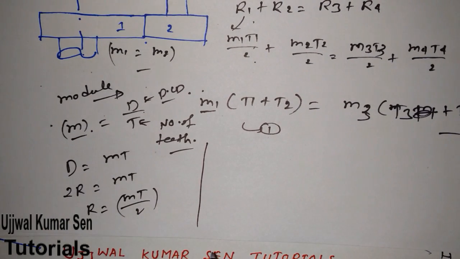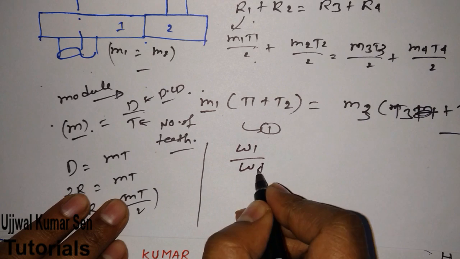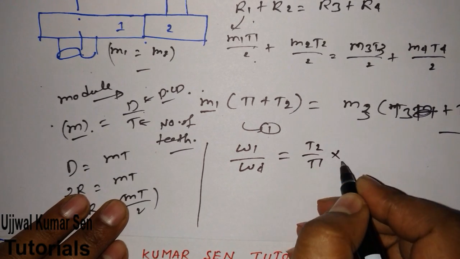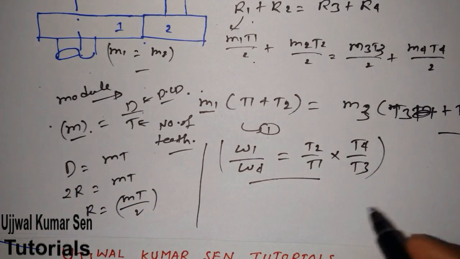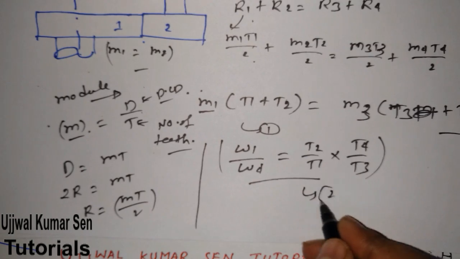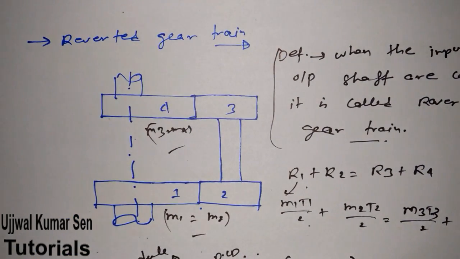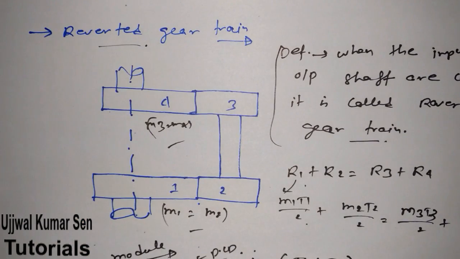How can we relate teeth with respect to speed? The equation would be omega 1 by omega 4 is equal to t2 by t1 multiplied by t4 by t3. So these are two equations, and these two equations are most important in the case of a reverted gear train. If you are preparing for a university examination, you can even get a question from this topic. This is also an important topic, but the most important